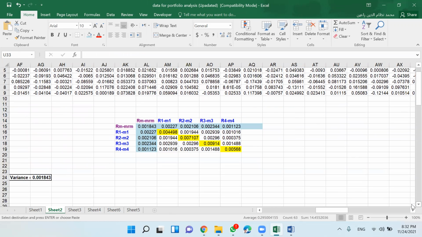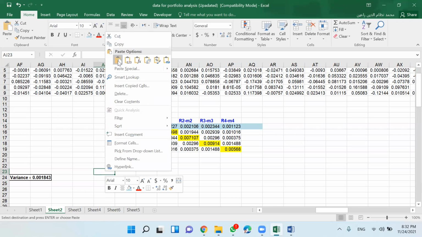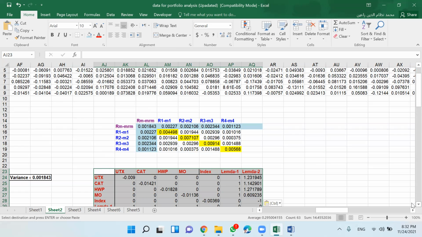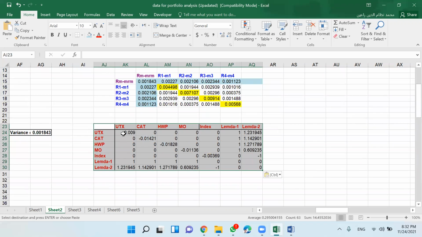I have my solution matrix here. What I'm going to do is remove everything. Let me first remove up to here. This is my index.